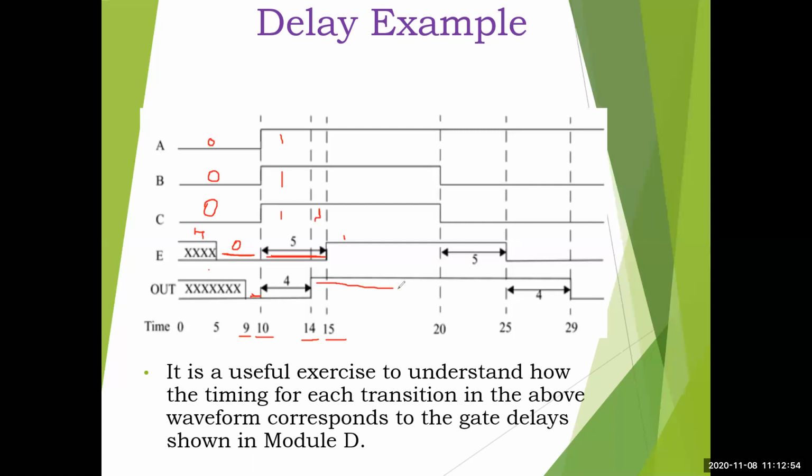Okay, so next what will happen at 20, A is 1, but B and C you have made 0 here. Okay, but A dot B will not immediately go to 0 here. See here, again 5 time units it will take because of the AND gate delay. And the output will not come to 0 because of the OR gate delay. Once the E computation happens, E will become 0 because A and B will happen after 5. Then it will add 0 plus 0, and that output will be coming over here.